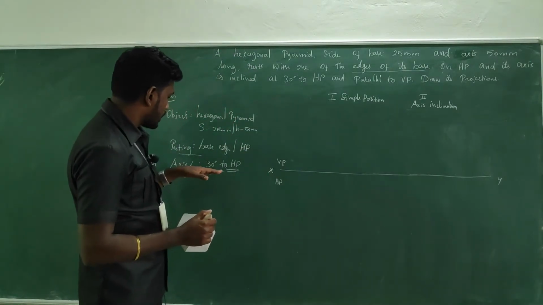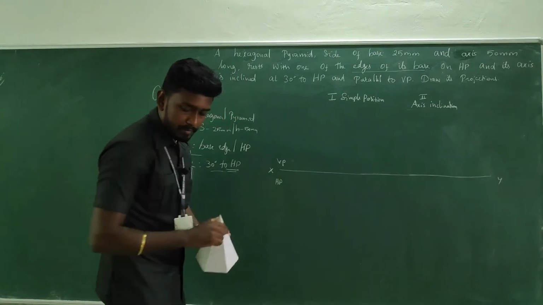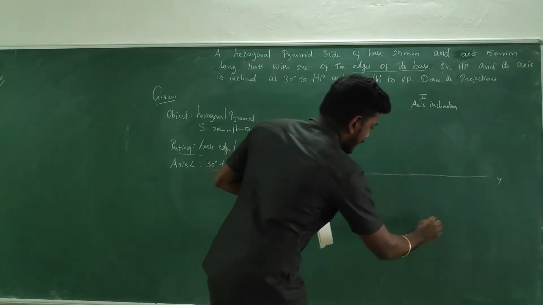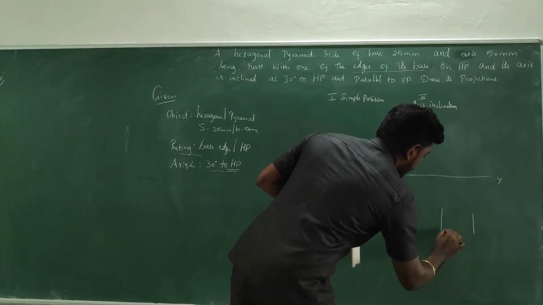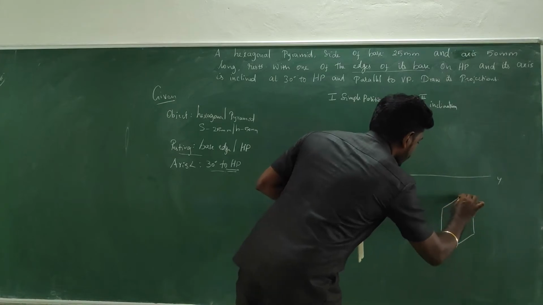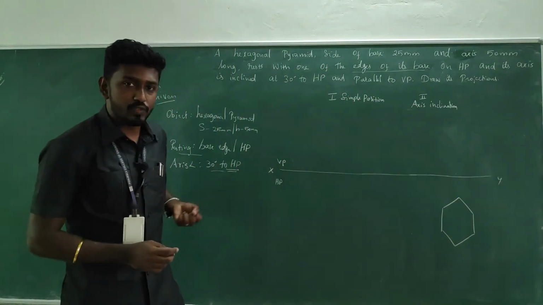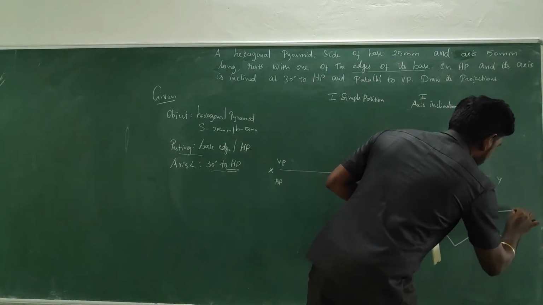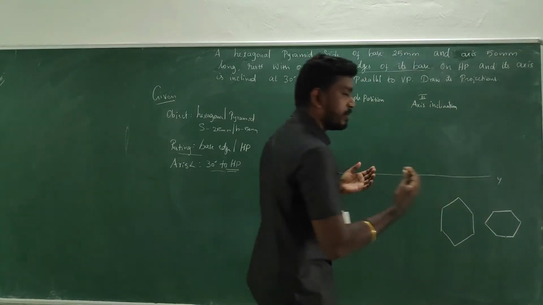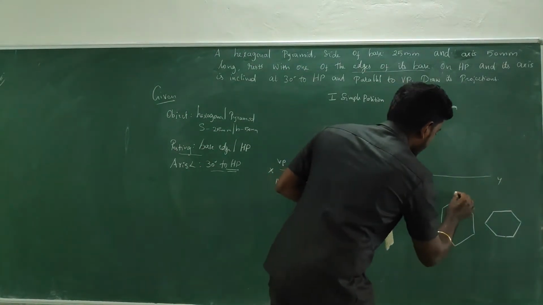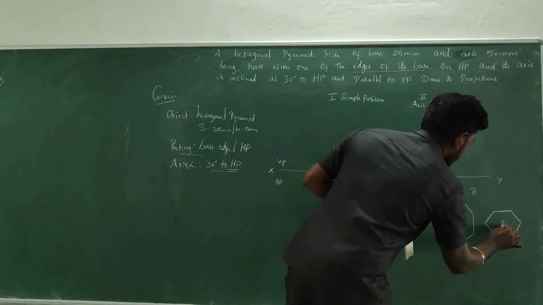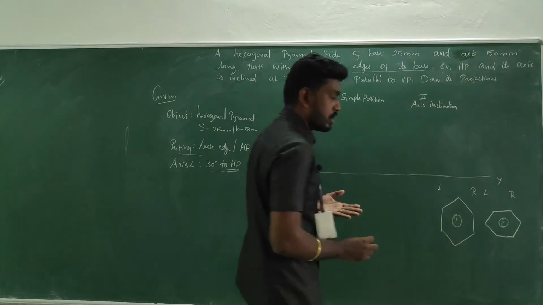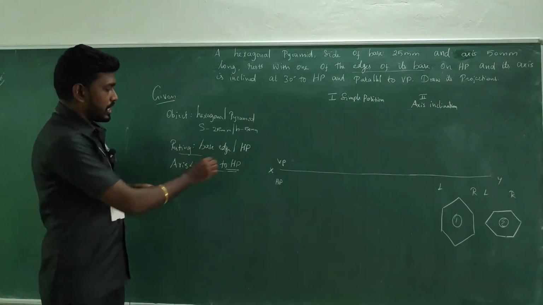Since it is kept perpendicular to HP, in the top view you are going to see the true shape, a hexagon. When we are keeping the hexagon, we have to keep in mind that two positions are possible. It can either rest with a corner, or it can rest with an edge. So always the condition should be kept on the right side. In the first position this is the right and this is the left, and here it is the left and here it is the right. So here the edge is being kept.